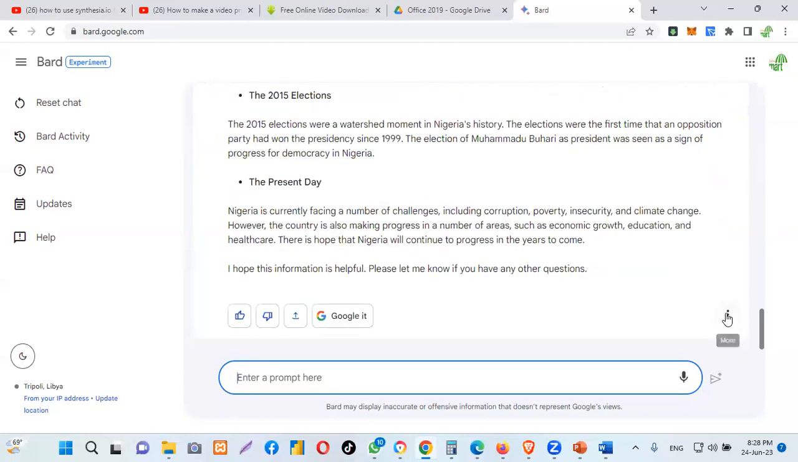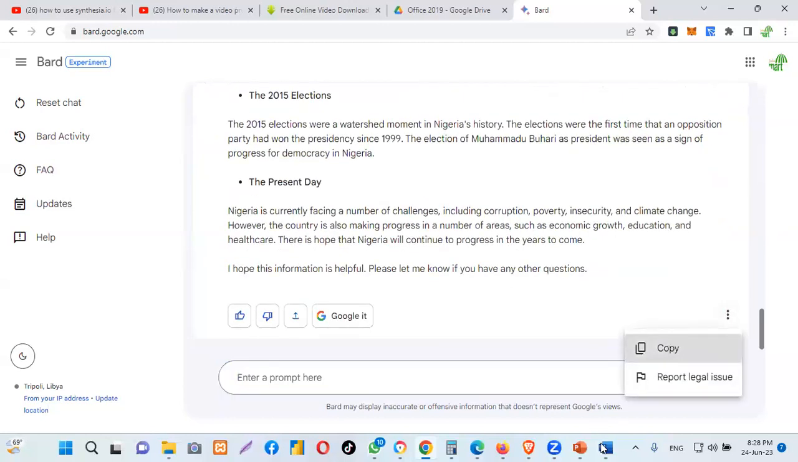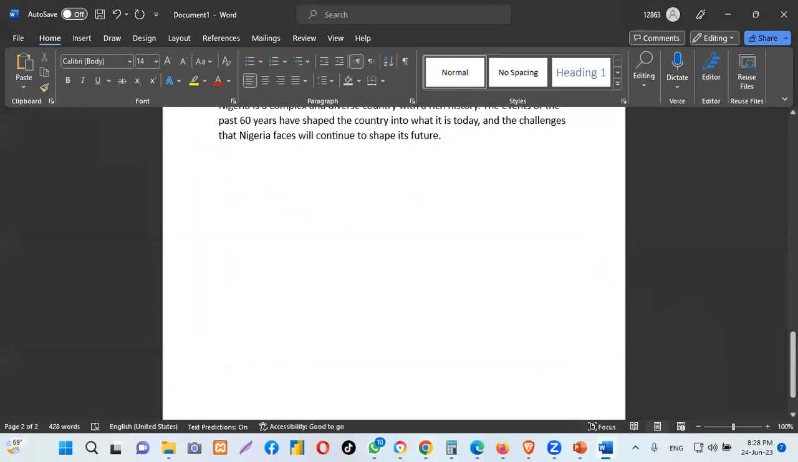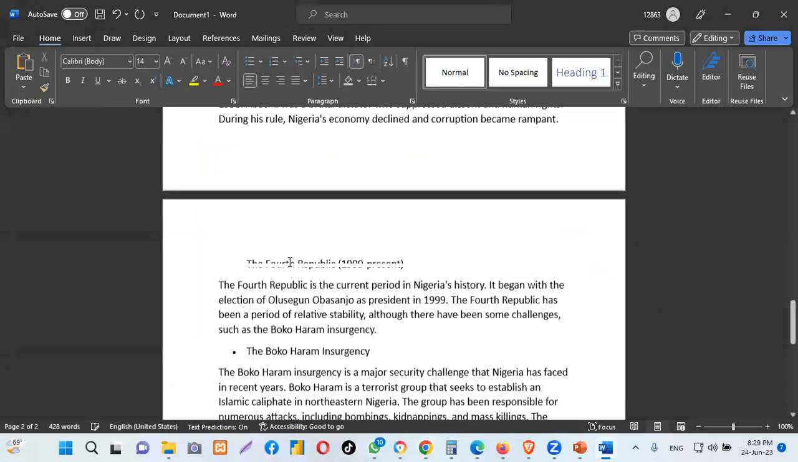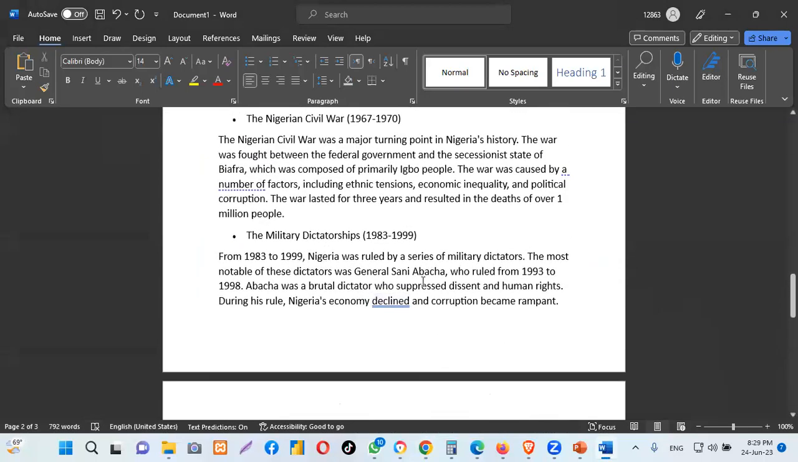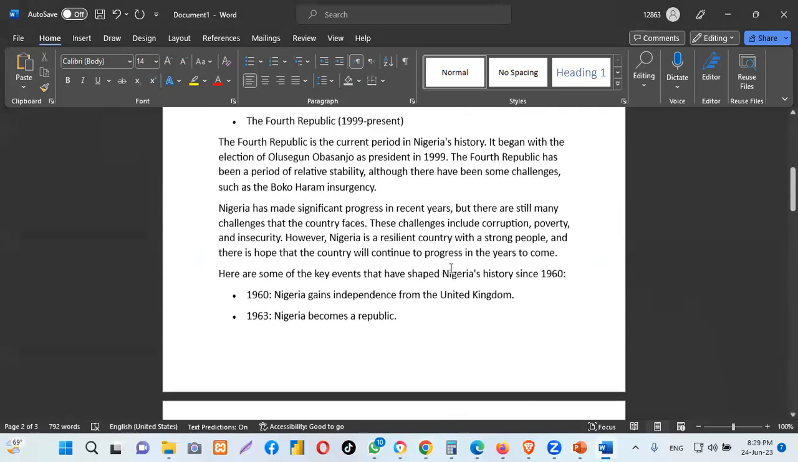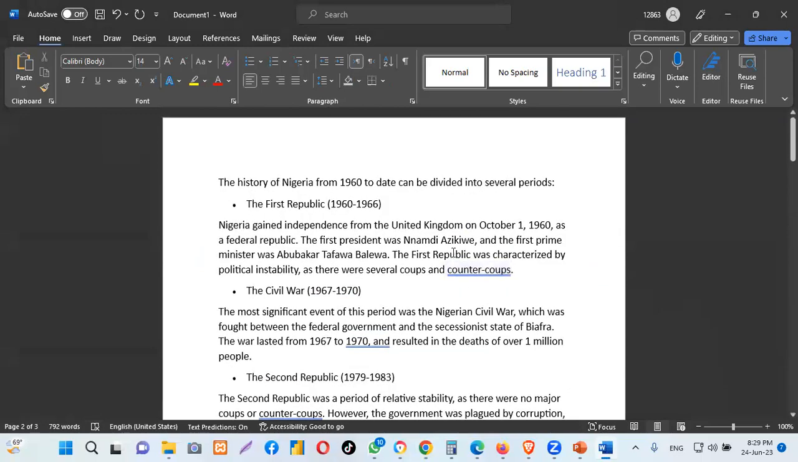I can still copy it and go back to my Microsoft Word, and I click paste also. So it also pastes it for me in my Microsoft Word. So these are the uses of Microsoft Word. You can bring in a lot of things instead of me cracking my head, looking for what to write and all those stuff. So the technology has made it easy